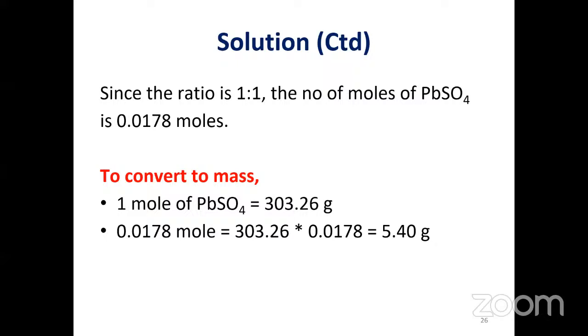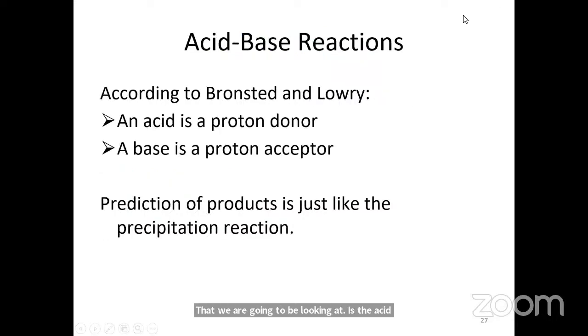So the next that we are going to be looking at is the acid-base reaction. According to Brønsted and Lowry, an acid is a proton donor. A base is a proton acceptor. Just like the same way